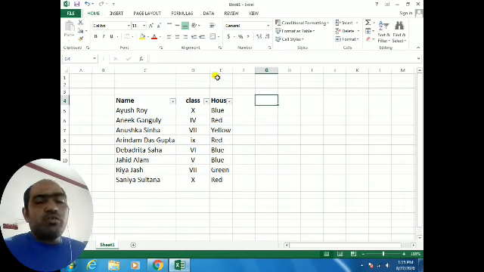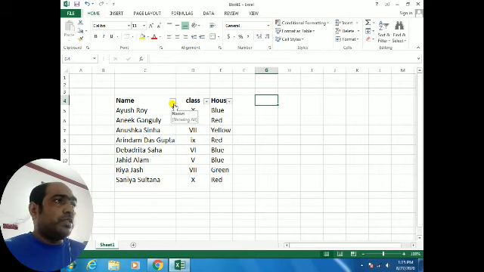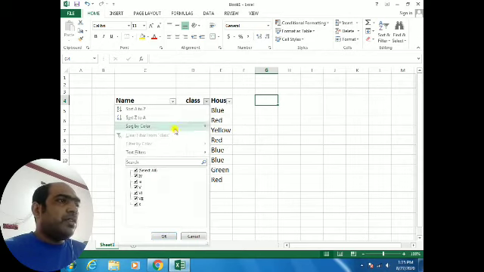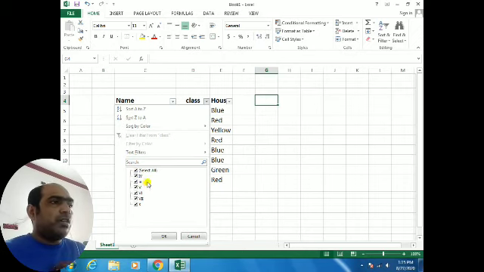If you want to see those who belong to class 7, only their names will display. How is it possible? At that time you will go to the class. If you click on the class here, it will display select all and the different classes, whatever classes are there, all with tick marks.